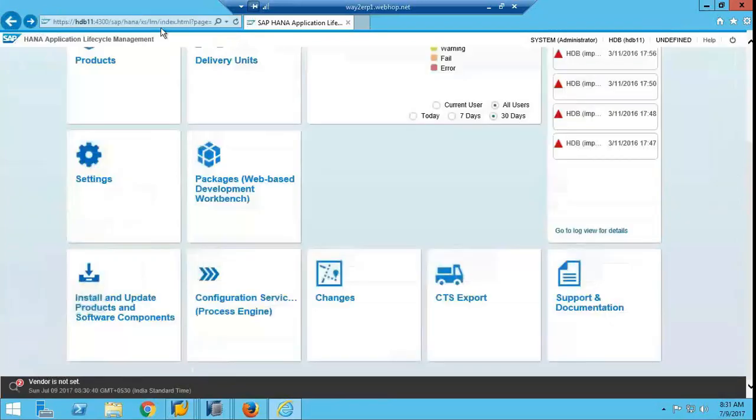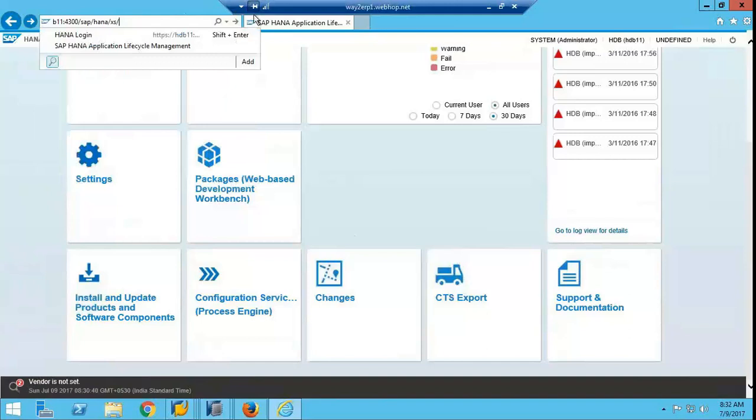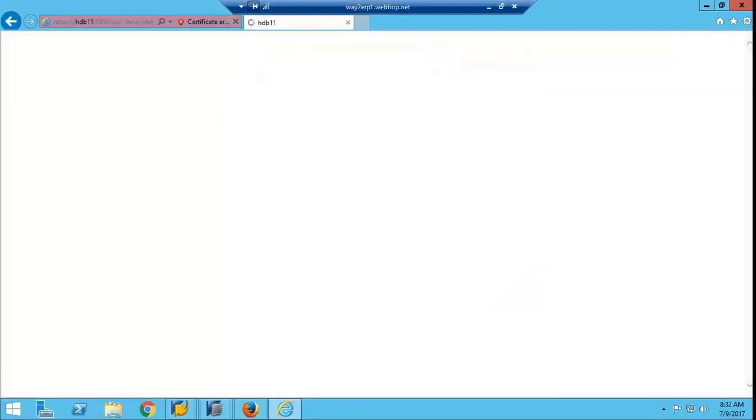So HANA access, I'll show you the IDE. Actually, LM means life cycle management. You can create. These are all basis activity. Okay, if you come to ABAP activity, there is a concept called IDE. In this URL, IDE.